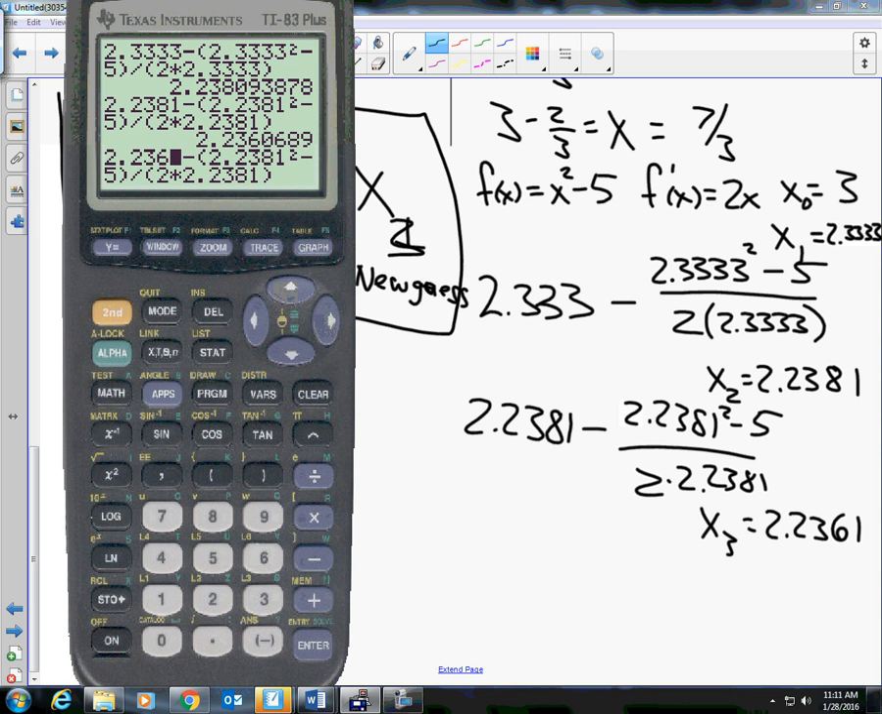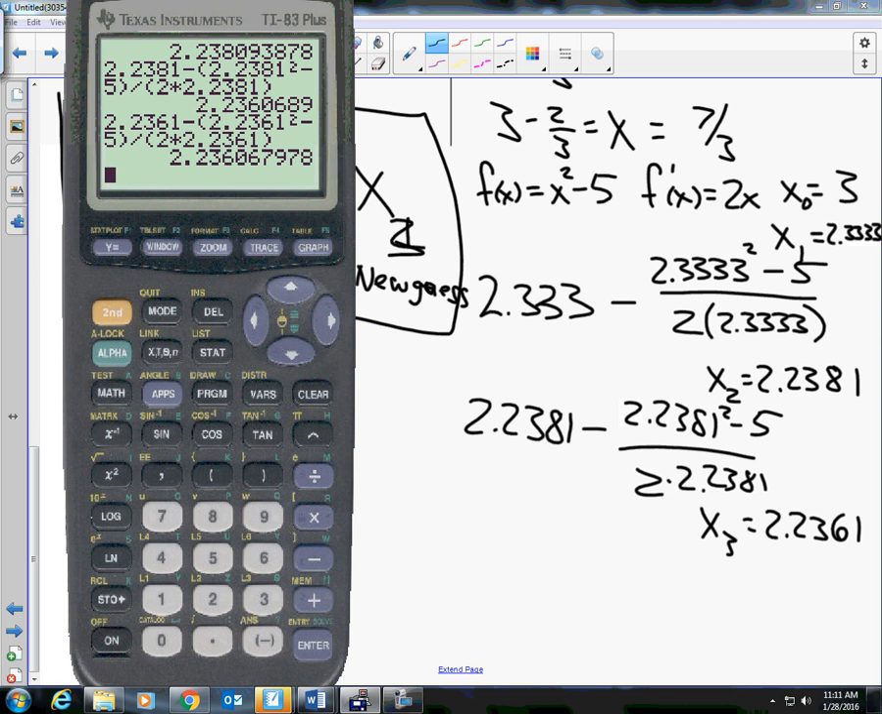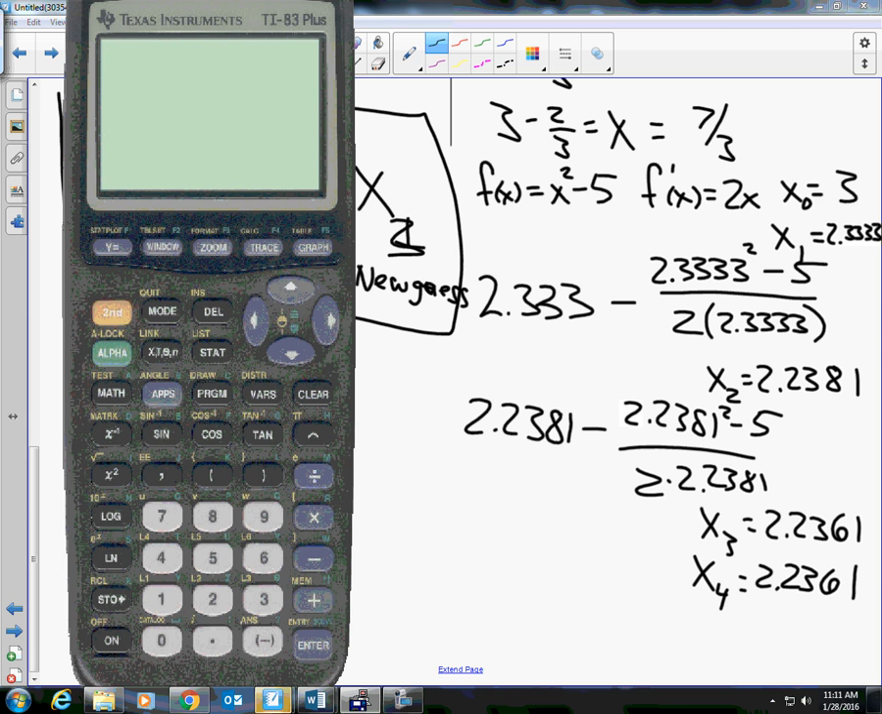So I'll change that to a 6. And I get 2.2361. Did that change? No. So it looks like 2.2361 is a really good approximation for the square root of 5. Let's see if it really is. 2.2361 squared, and you get